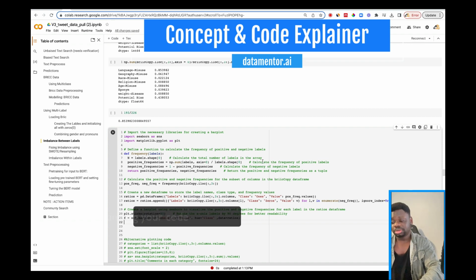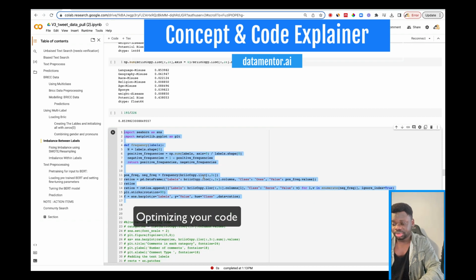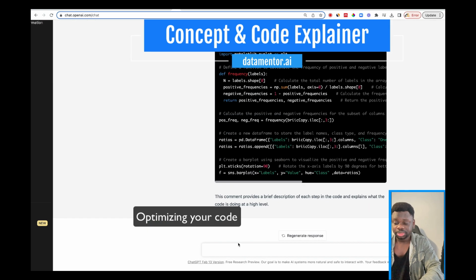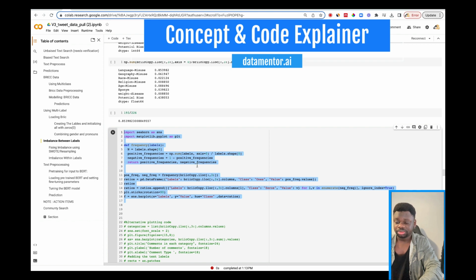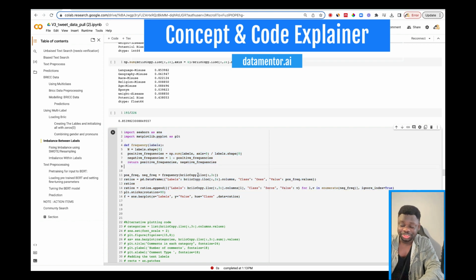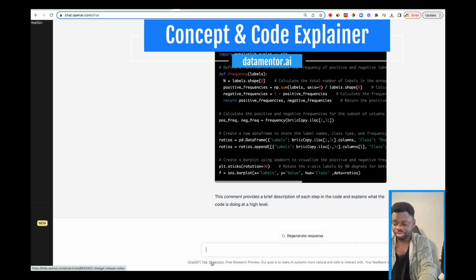All right. Now, let me undo it so that I get this one. So now let's see some of the other things that you can do. Let's say that I write this code, but I'm not really sure if this is the right way to do it, or maybe there could be a better way of doing it. So what I can do is come here and write something like, optimize this Python